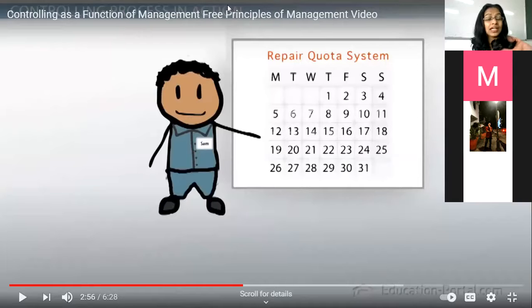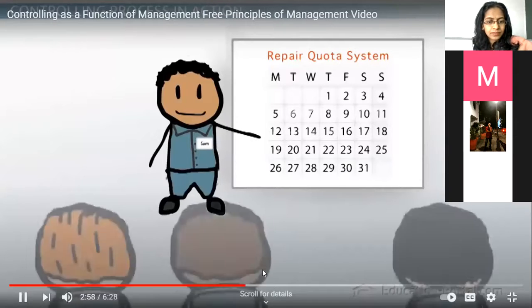Second step was he was observing. Okay. First, he told everybody, this is what I expect you to do. Second step, he sat and observed whether they are doing the work or not. Okay. So there are different ways he did it. He was checking how the mechanics are working. He gave some surveys to the customers. They filled it and they told, from the feedback he could take. Okay. So now he is observing. Now we'll go to the next step of controlling.